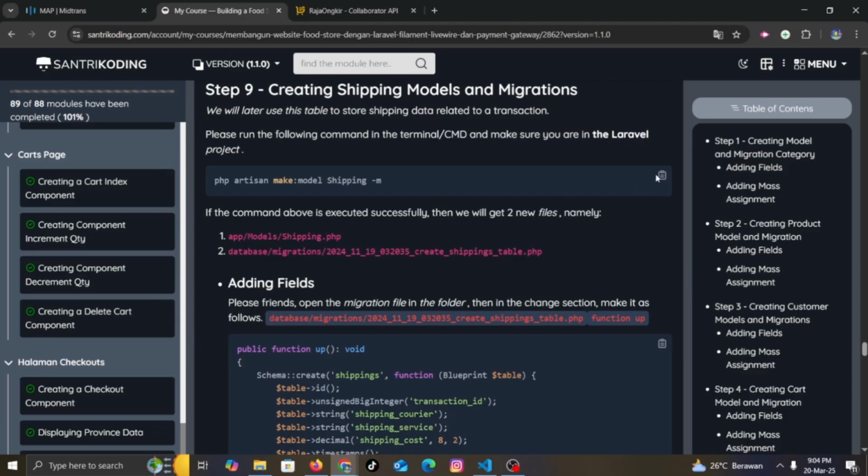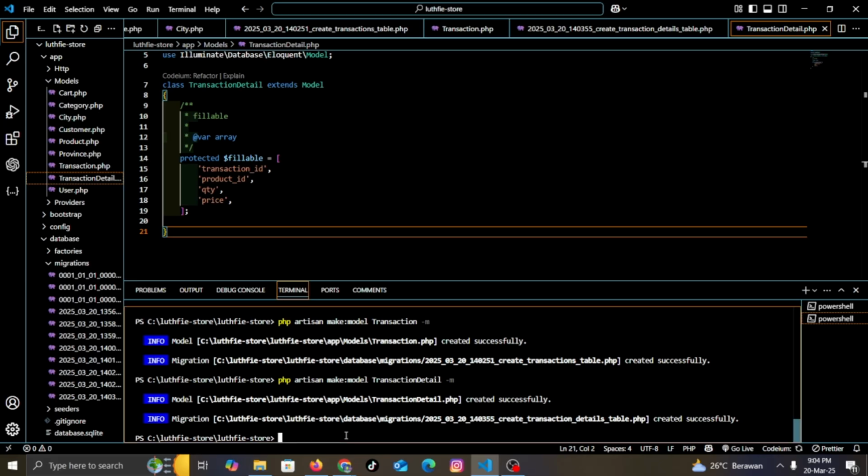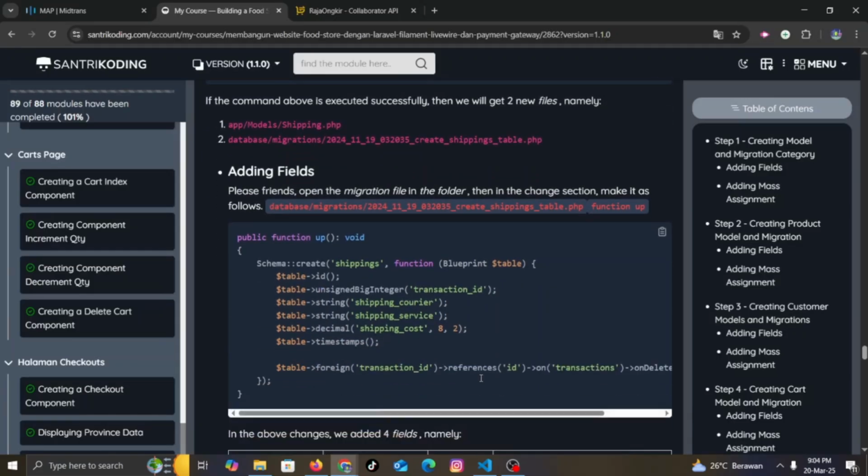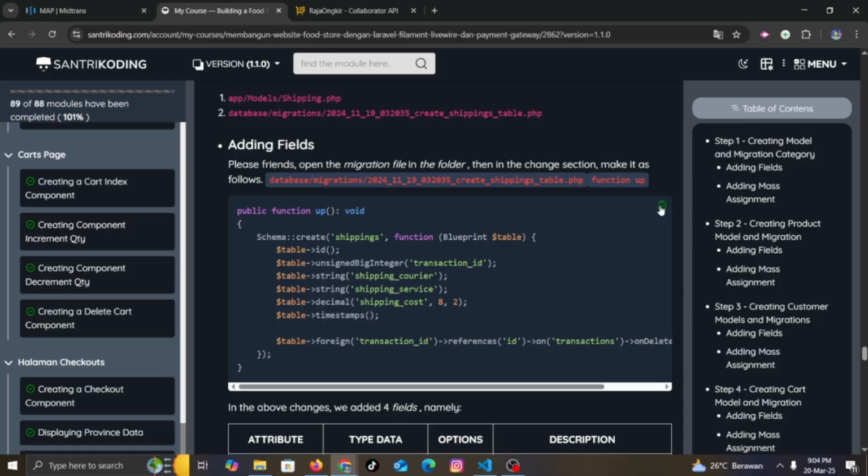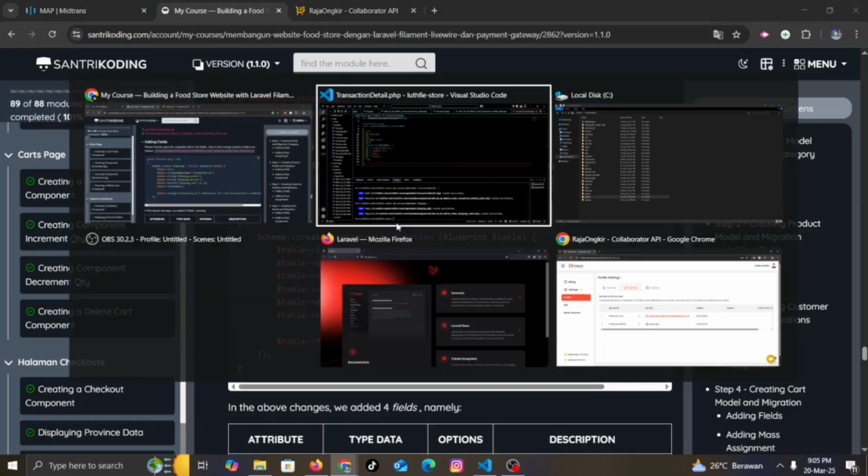Shipping, create shipping models. The transaction data related to transaction. And then change function up.